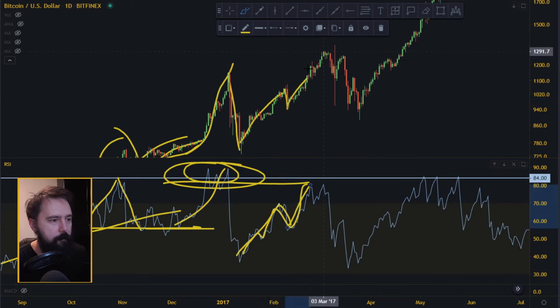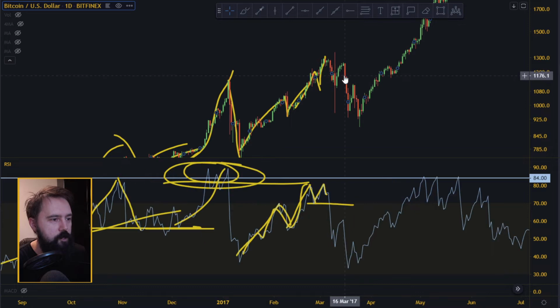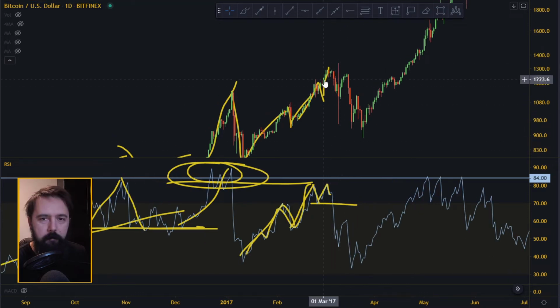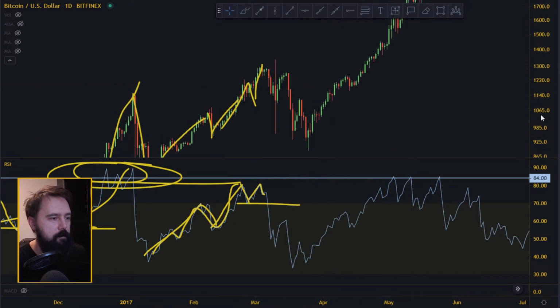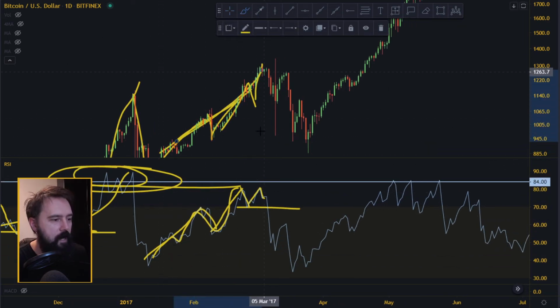Like you go up to this correction, come here, go down to the 70 line again. You can continue up. What happened here? Not quite sure, but there might be some other indicator or something that happened, and then the price goes down. But as long as the price goes steadily up, it does not go beyond 84.